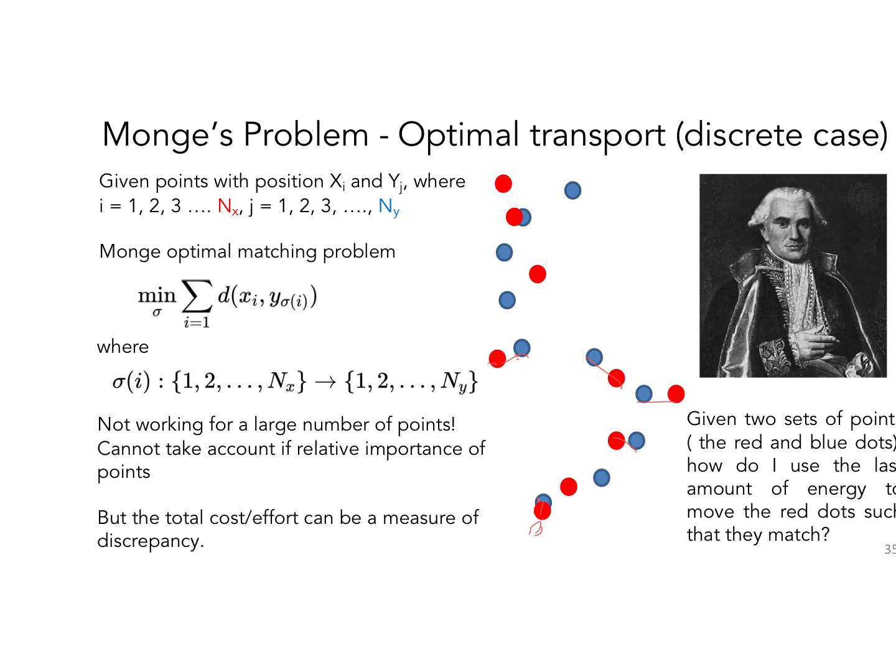So the right way of doing it is the following. The minimum cost that we need to consider is to devise a plan such that I can find the optimal way to do each of the matching, so that I can move something using as little effort as possible. This is called the Monge optimal matching problem. As you can see, it's not very effective, because if you have a lot of points,